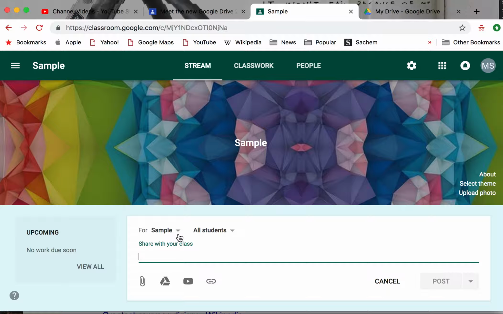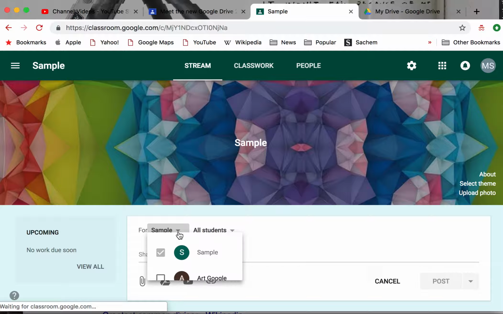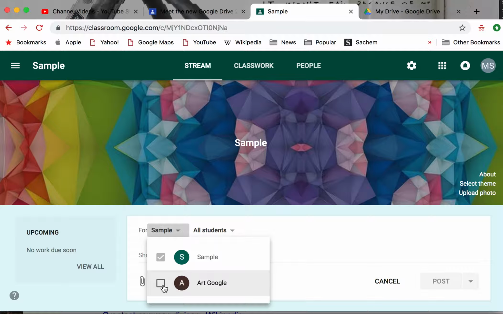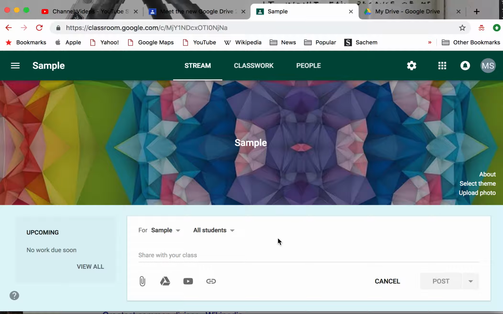If you are teaching multiple classes, you want to make the same post, I can hit this drop down and it'll show me all my classes. I can check the additional ones I'd like to announce. I could also choose particular students. In this class, I just created it, so there are no students to choose from. But I'll just say, welcome